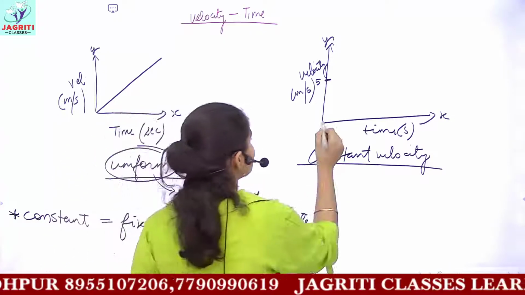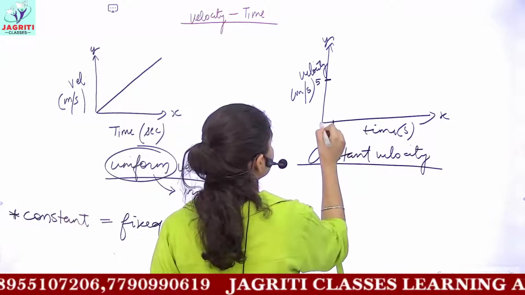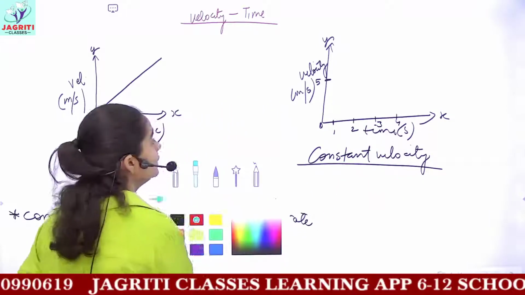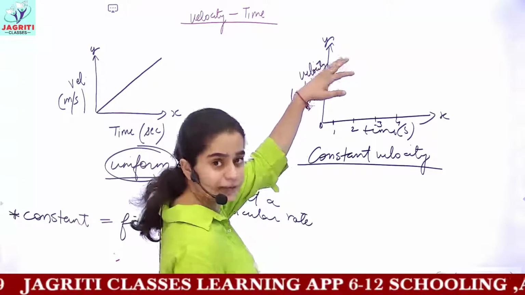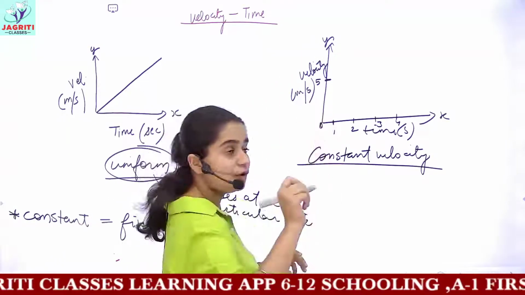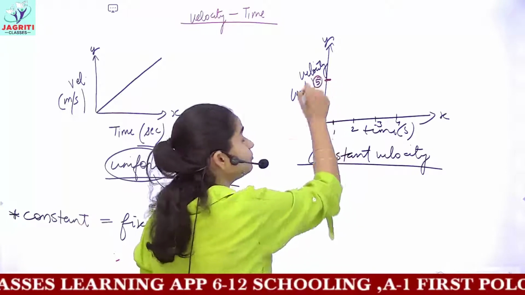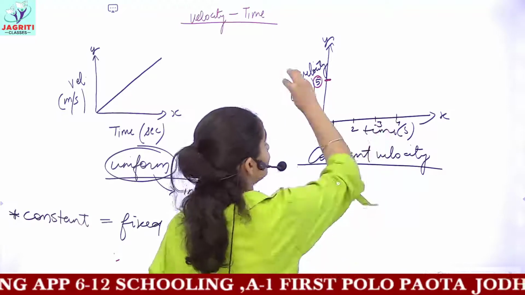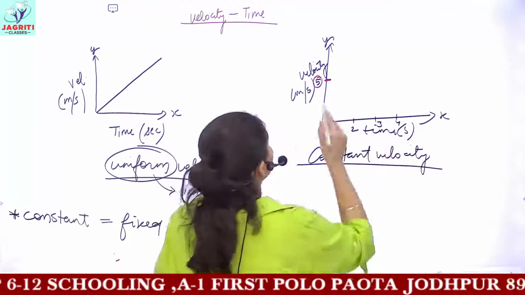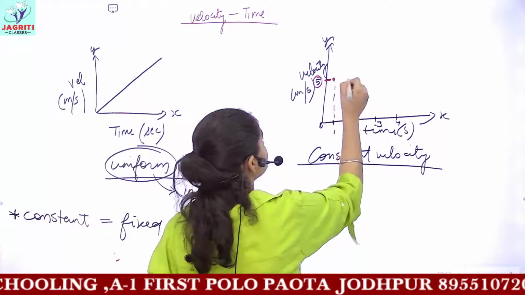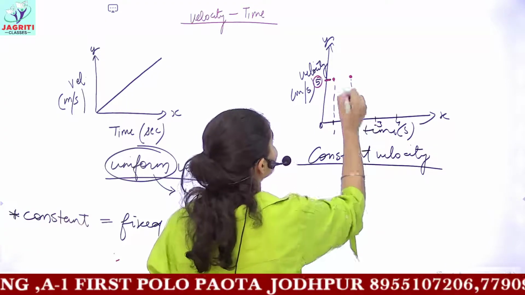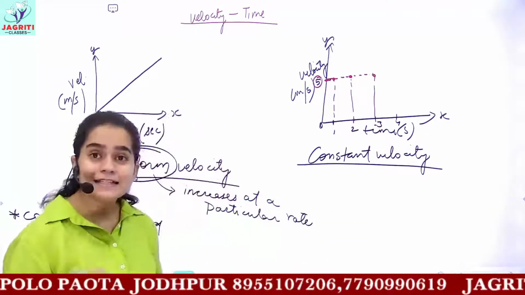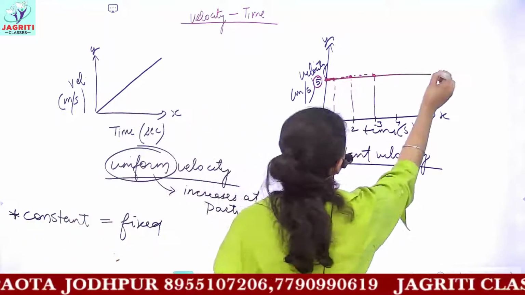Then in the first second also, we say that when the object started, it started to move with the velocity of 5. When we saw the object at time 0, the object was moving with the velocity of 5 meters per second. And afterwards also, when we saw the journey of this object with time, we got that the object is still moving with the same value of velocity, that is 5 meters per second. And hence the graph which you would obtain would be a straight line.